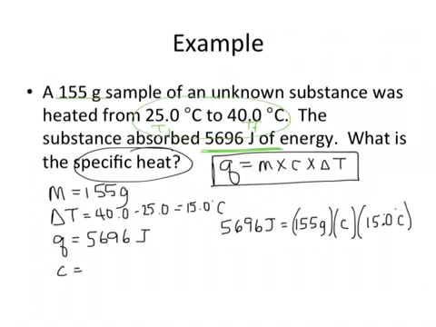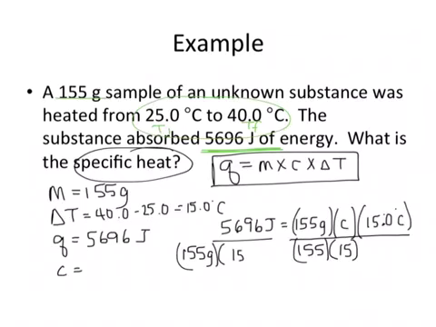Alright, so in algebra we want to get the unknown variable that we're solving for by itself, so we're going to divide both sides by 155 and 15. And that will get those canceled, leaving me with C is equal to, and when I divide 5,696 by 155 times 15 degrees Celsius, that will give me an answer of